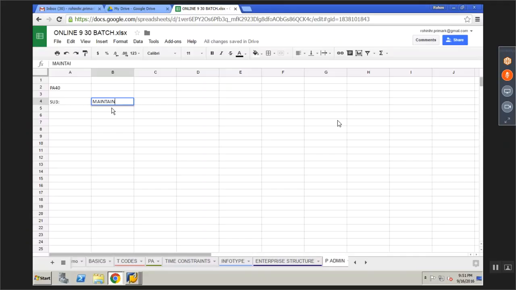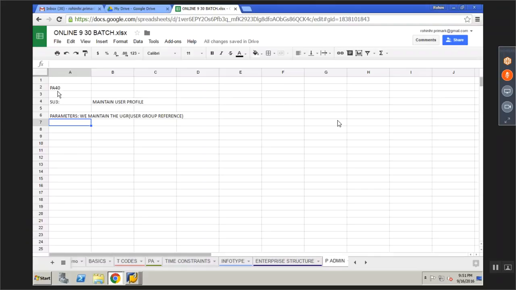So in maintain user profile, under user parameters, we maintain the UGR, which is called user group reference.